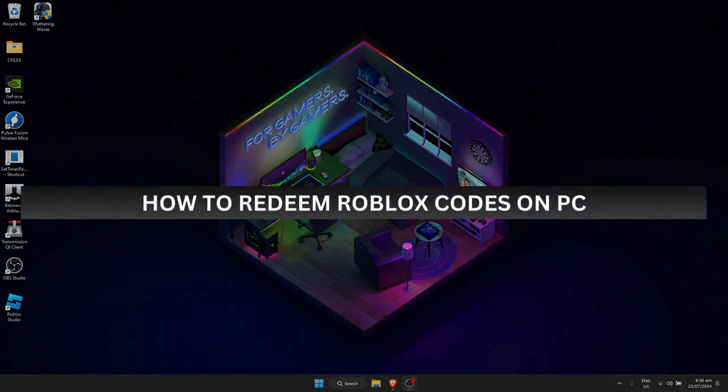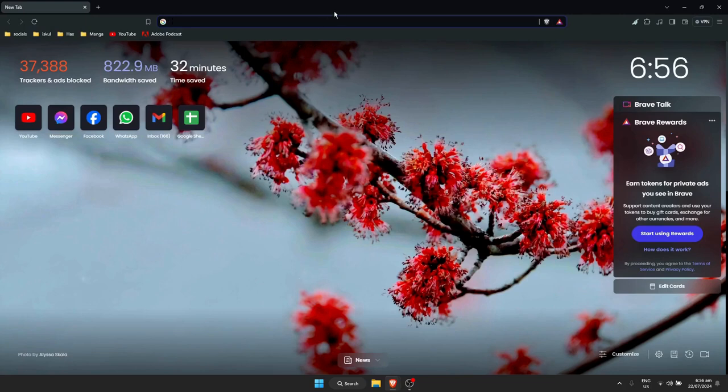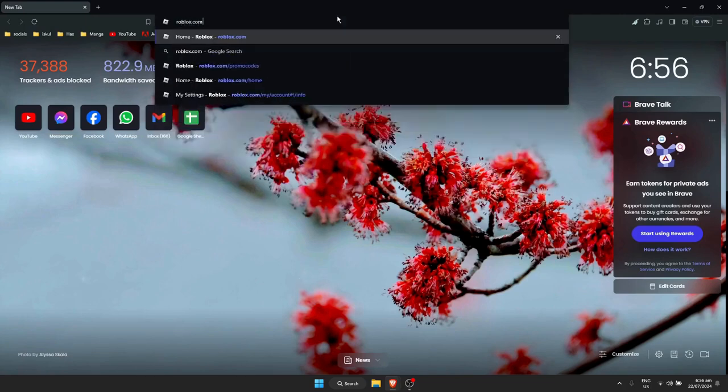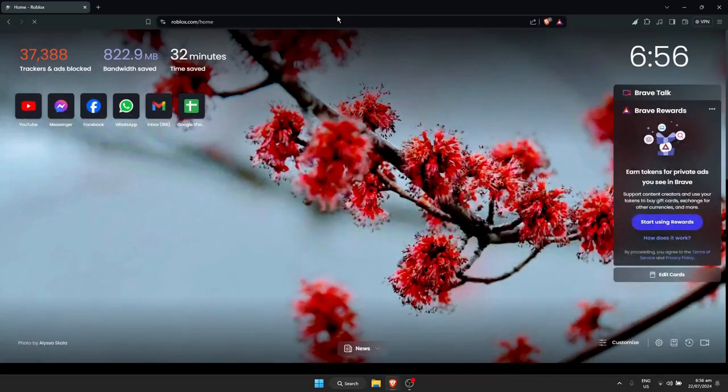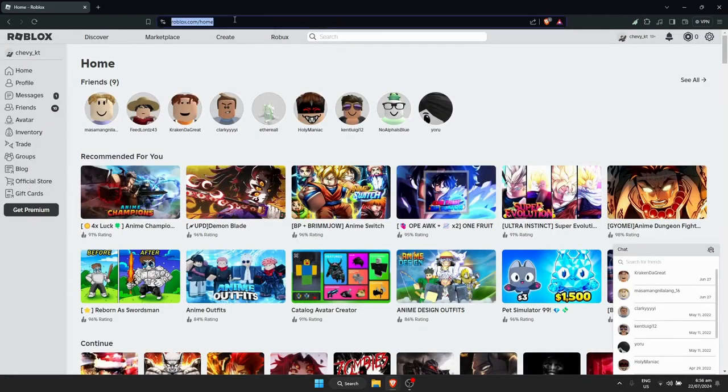How to redeem Roblox codes on PC. So first, what you want to do is just open up your browser. Then once you are on your browser, you just need to search for roblox.com or go to the Roblox website. Once you're here on the website, here on the search bar, as you can see, the